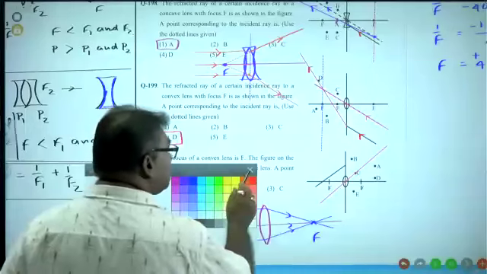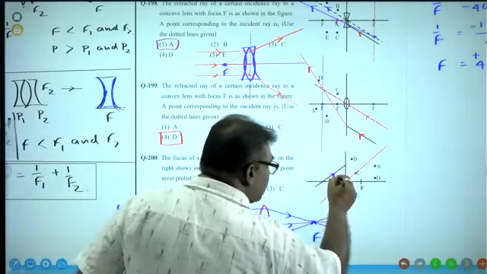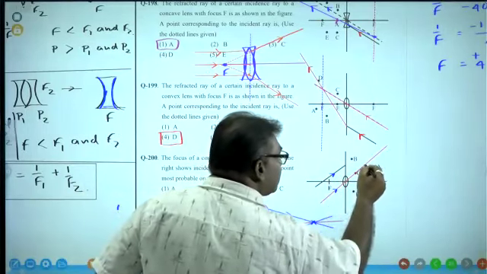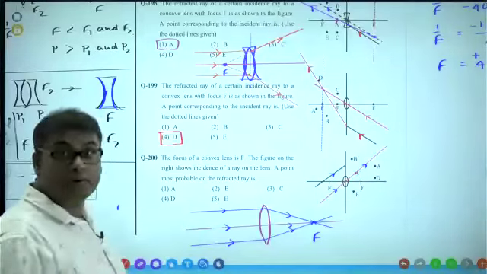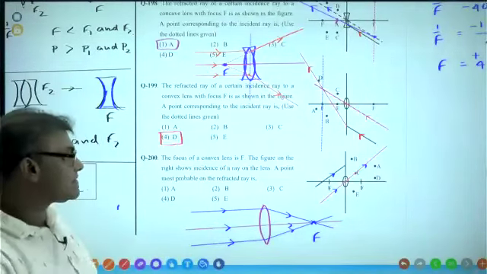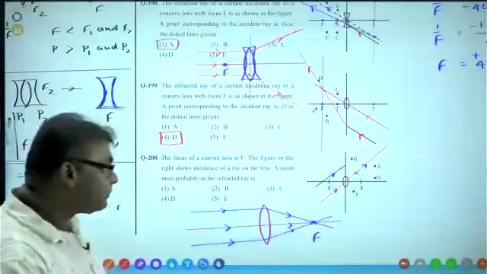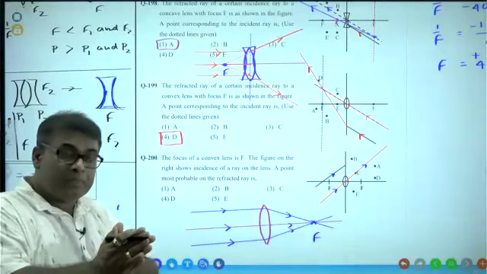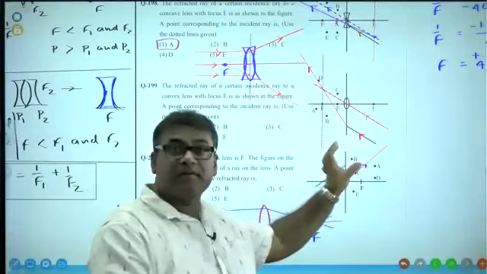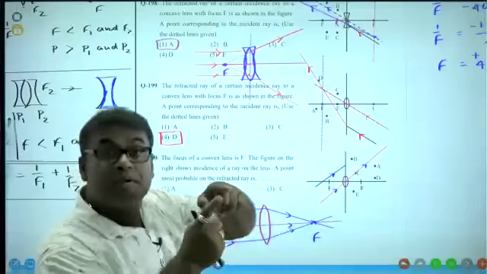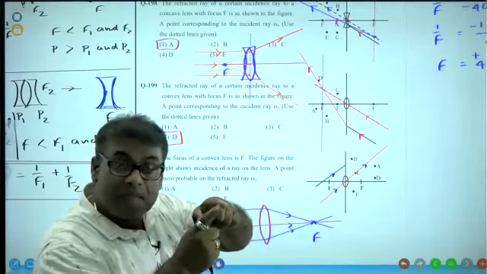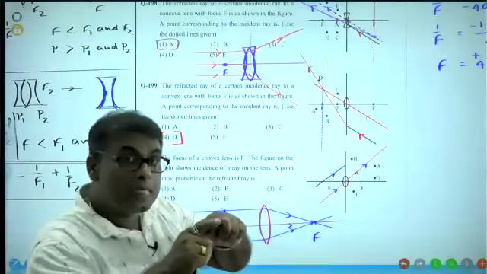Then you have to copy another line, a light ray going through the optical center, that must be parallel with the given line, right? Okay, then the basic theory: both parallel lines should be connected with each other at a point